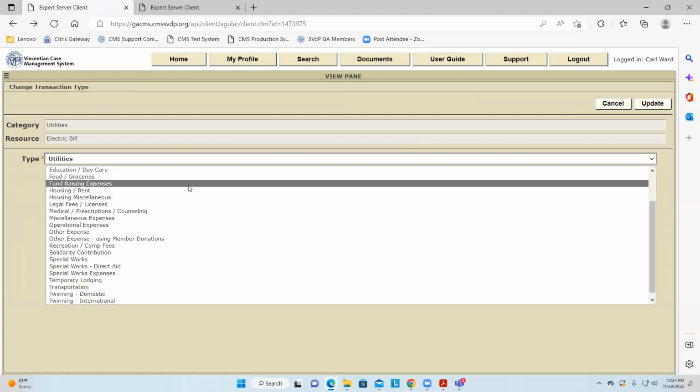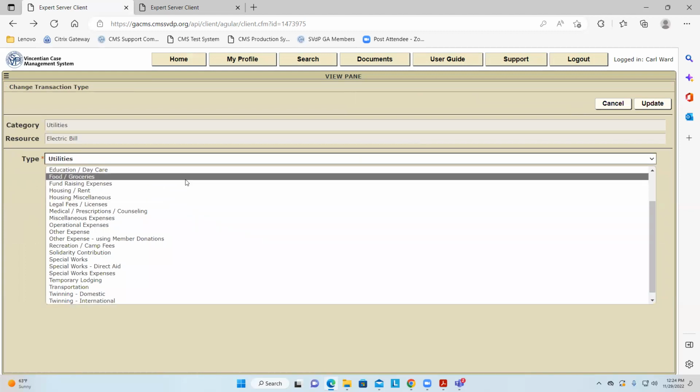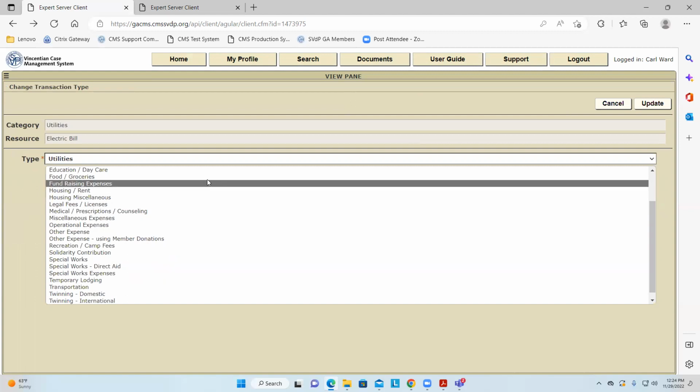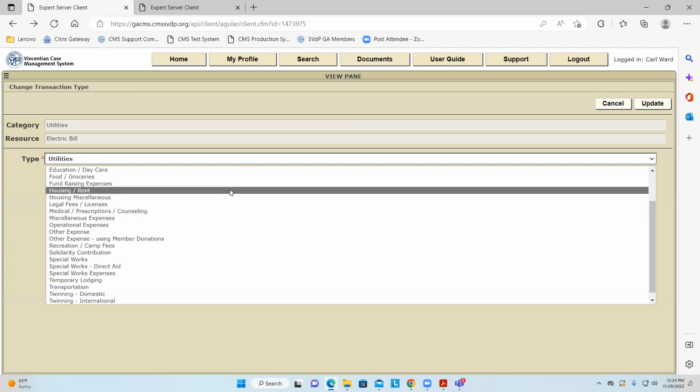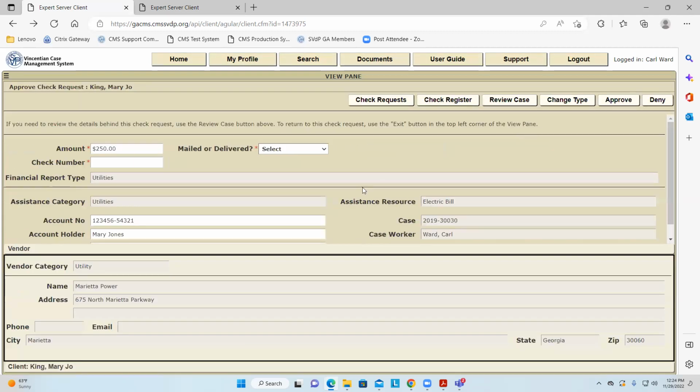If you change the type from utilities to rent, you're going to get a probably different resource selection, but you're not going to be able to change it from electric to natural gas. You know what I'm saying? So how would that happen if the treasurer needed to change it? Why would you need to change it?